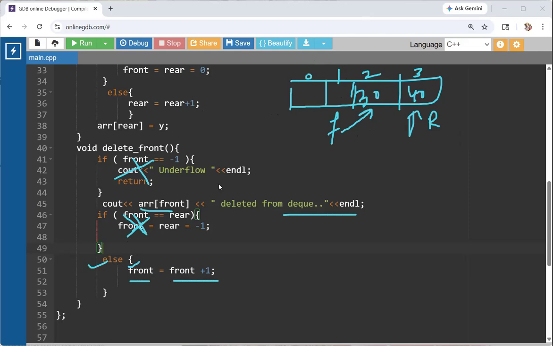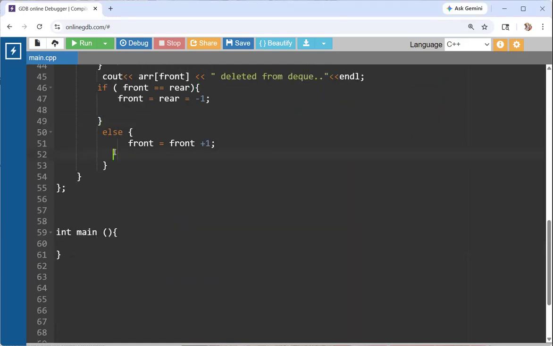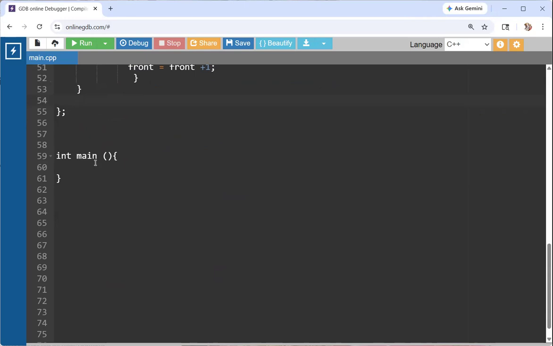So now let's talk about the last one. This is very important. All right, so this is the else part. Done. This is the function. Now I'm writing one more function here. So I'm writing void. The function says we are deleting from rear. So void delete